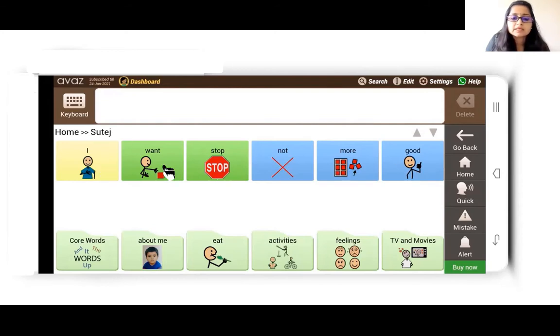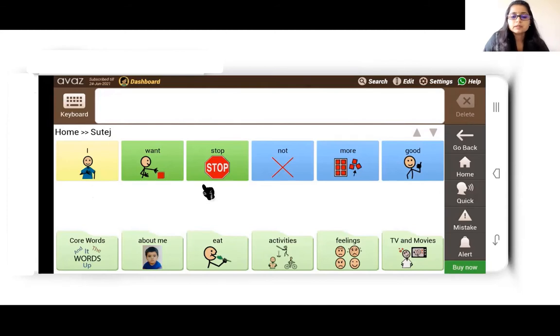So what we see inside the folder is we have these words, right? These are called messages. These individual words are called messages, or they're also referred to as buttons. And what you see below are folders. I hope you're able to make out the difference between the messages and the folders. The folder looks like this. It's light green colored, and the messages are colored in different colors. You can also notice that the words have different background colors, right?